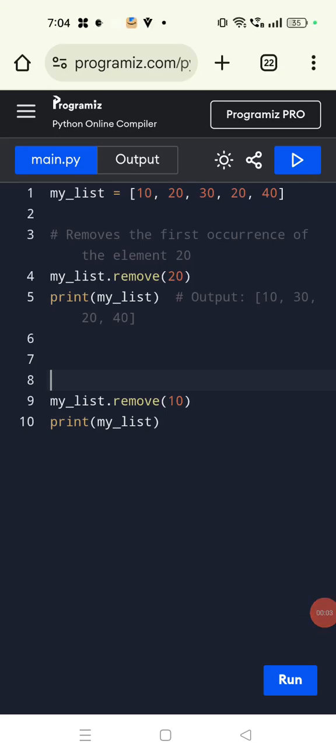So in this video we are going to see Python coding. In that we are going to use the remove method. So here first we should write this method is list. Python is used in list. So in the list